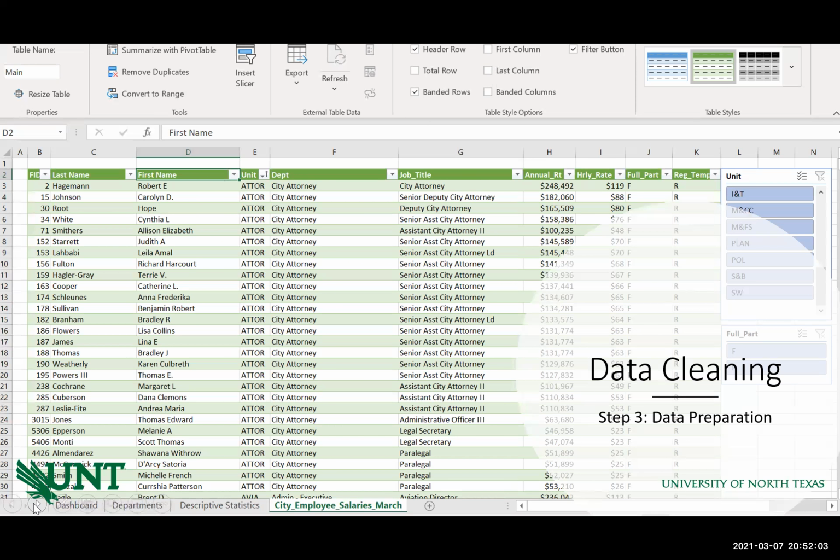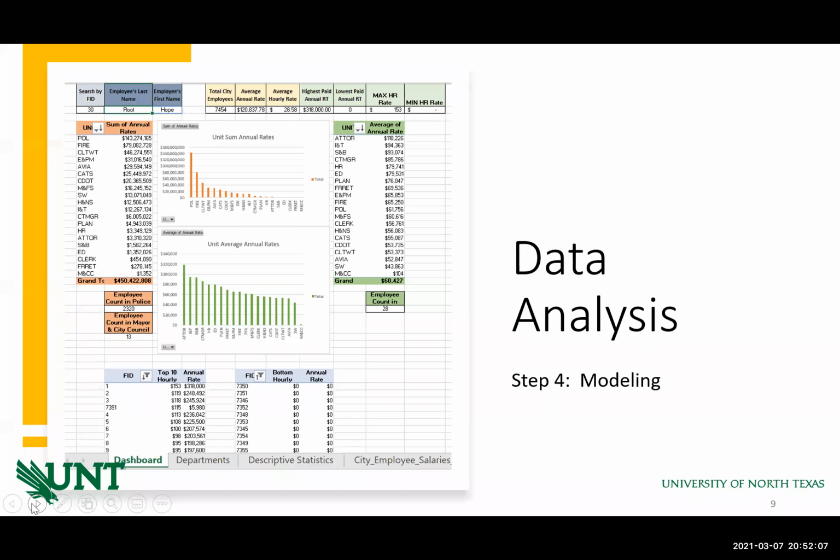It's rounded and made easier to understand. So the fun part is the data analysis, which is there to support the goals or achieve the goals. And for this, I created a dashboard-like tab where users can search for the employee using the FID search cell, and what will show up to the far right